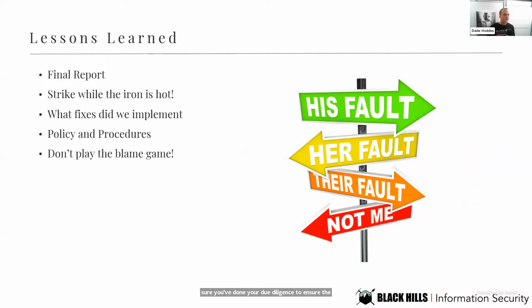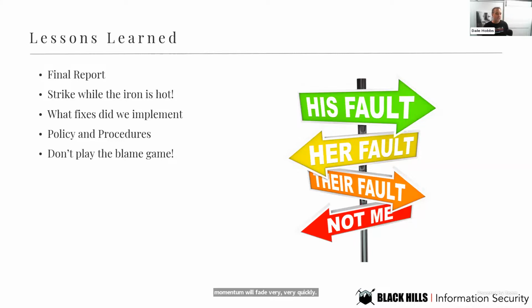All right, the lessons learned phase is the last phase, and this is a very important phase that is often missed or skipped over. This is typically where the report's finalized. You want to include a summary report for the executives and then a detailed technical report for the technical staff itself. This is also the best time to ask for any upgrades. There's often a lot of momentum here. Usually security is top of mind. Just be aware that the momentum will fade very, very quickly, so you want to strike while the iron's hot.